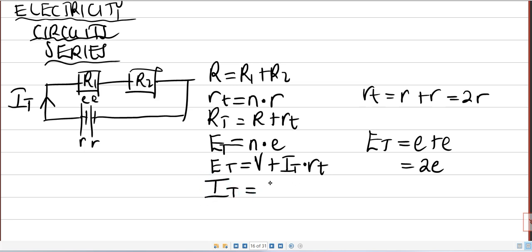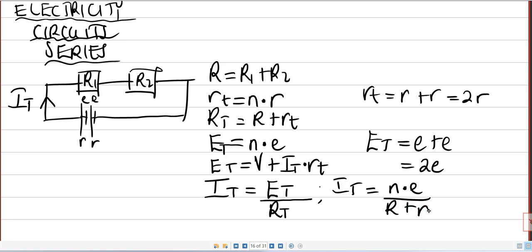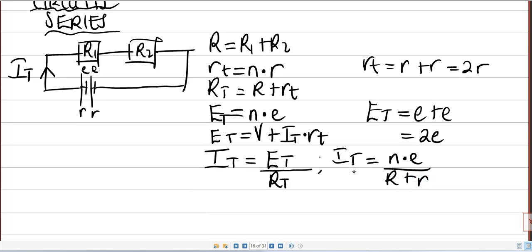So for our total current, we will say it is E total divided by the total resistance. So you will then see that from time to time they may simplify a couple of things in this formula, such as substituting your formula for E total as n times E, over, even the one for R total, they may write it as R external resistance plus r. Additionally, for your potential difference,